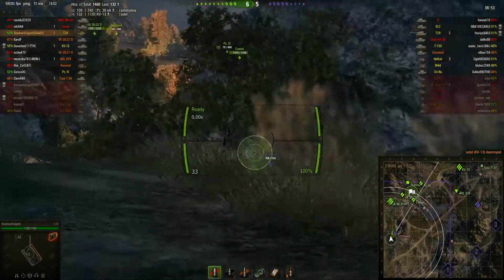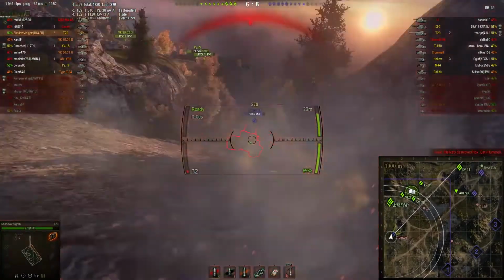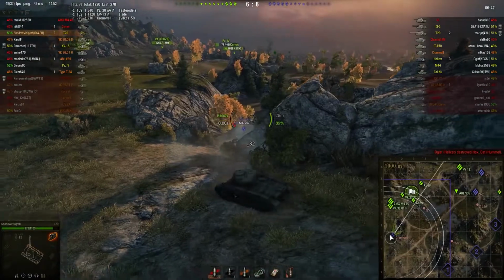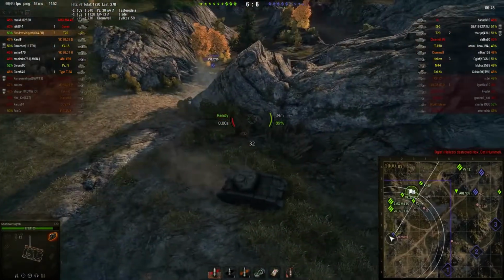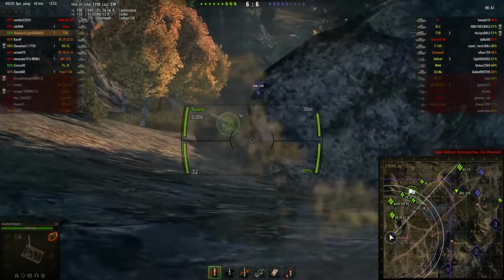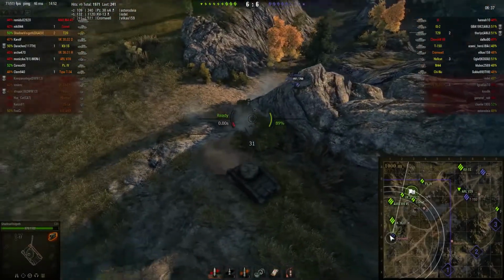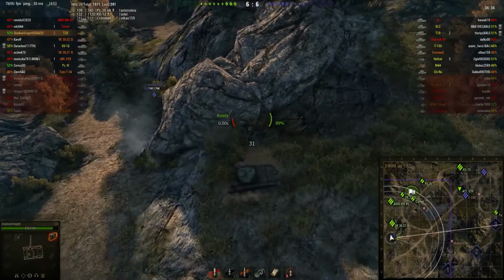Spots a Cromwell in the ditch here. Cromwell not really going to be a match one-on-one for a T20. He's had a better time of it than the KV-13 already, though, doing a little bit of damage. He's going to have to play this one a little bit smart, because the Cromwell does have a considerably faster reload speed than this T20 does,